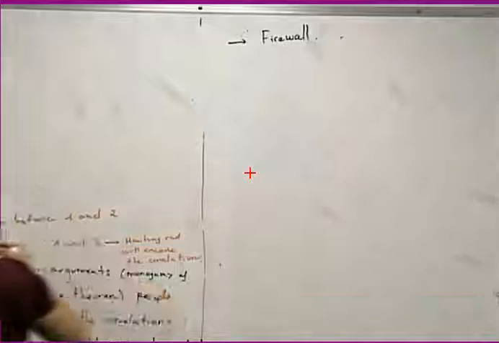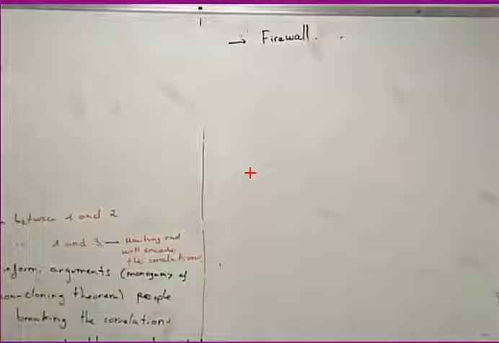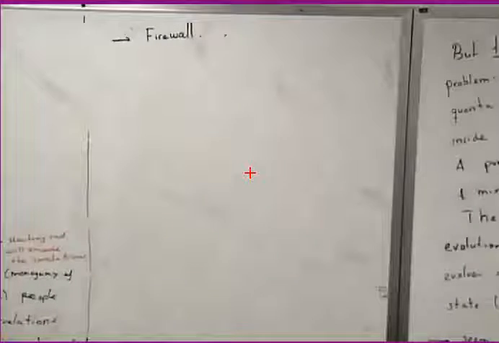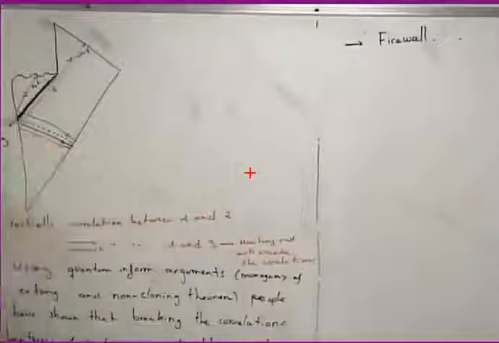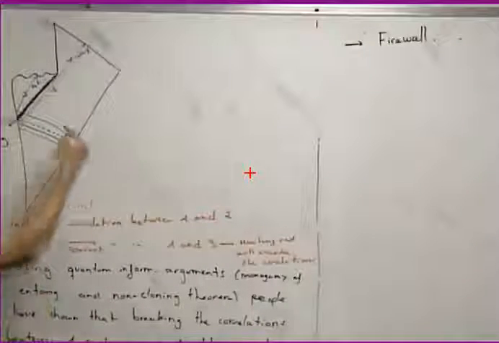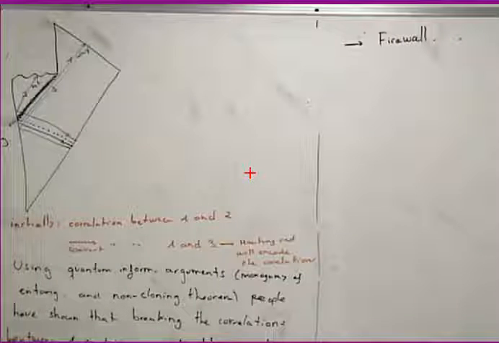Firewall is just the fact that in order to take out the correlations and encode them in Hawking radiation, quantum information implies that the state in the horizon should be singular. You know, if an observer tries to cross the horizon, they will be fried, killed by the energy of the quantum field. I am not deriving that. I am just telling you the result.